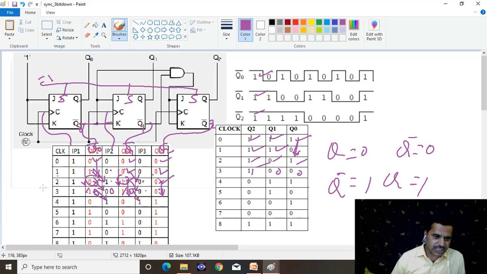Then when the fourth clock pulse is applied, again it changes state from 1 to 0. I am evaluating the Q bar, 1 to 0. Then the input is 1, again it changes state from 1 to 0. Now it becomes 0. Here the input to the third flip-flop is 1, so again it has to change the state. The previous state is 0, now it becomes 1. What you are getting at the end of the fourth clock pulse? Now it becomes 0, 0, 1. That means it should be opposite to that one, that is 1, 1, 0.